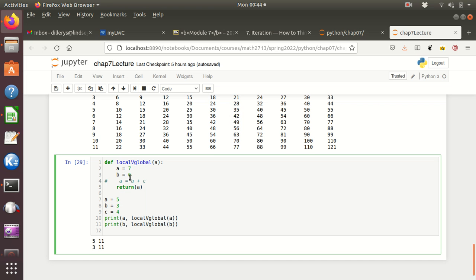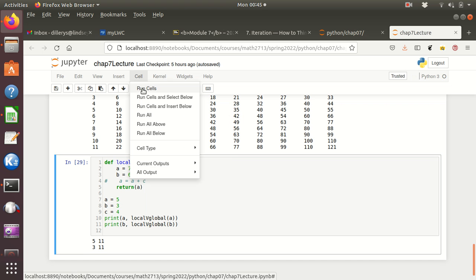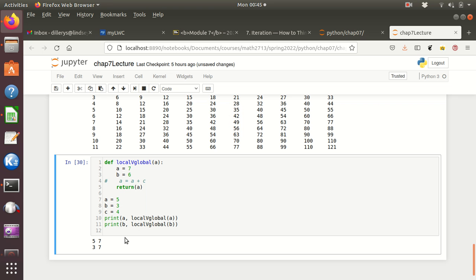the function's going to assume that that is a local variable. I did think of one thing I wanted to try. We'll have to see on that. So that looks like a local variable, and we'll get to see in a minute where I do that. But if I run that, I get what I would expect. So a on the outside is 5, but on the inside is 7,